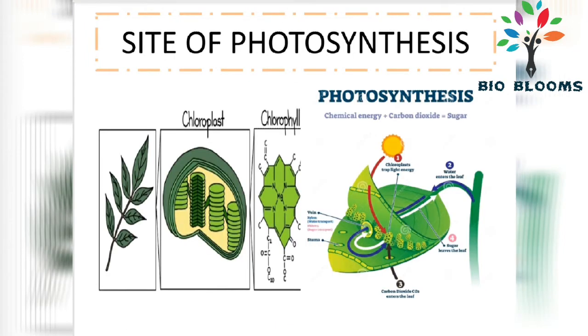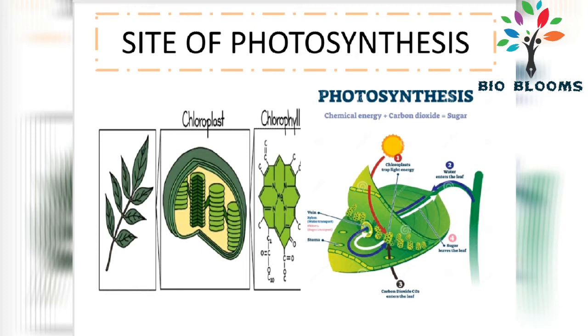And then next come to the leaves. As I said earlier, leaves are the site of photosynthesis, so they are very important. The leaf contains a structure called chloroplast. It is green in color because of the presence of a pigment called chlorophyll. And chlorophyll is the site of photosynthesis.